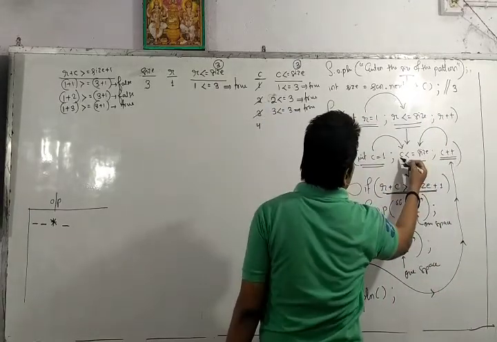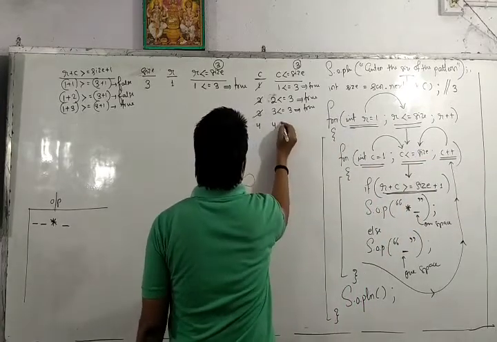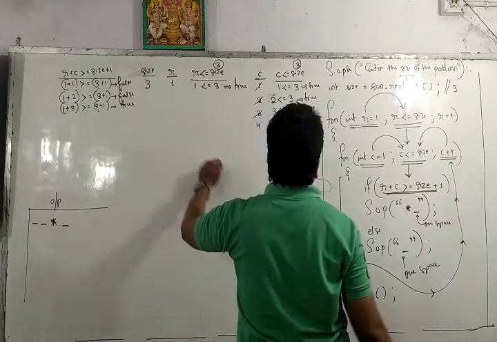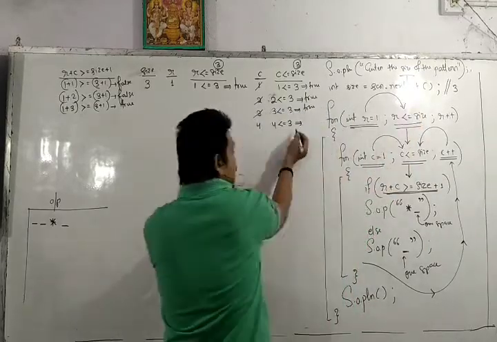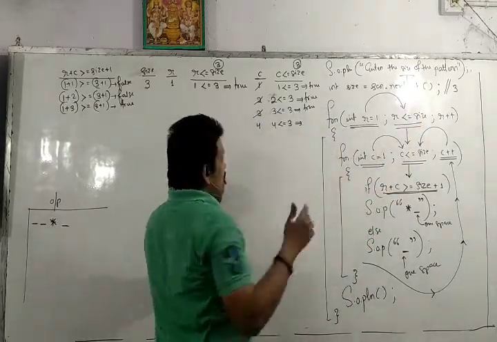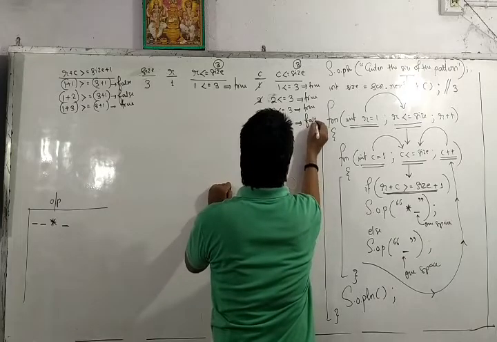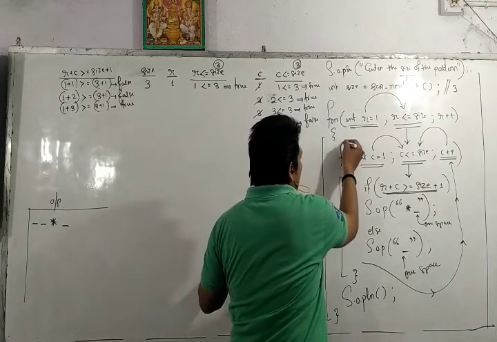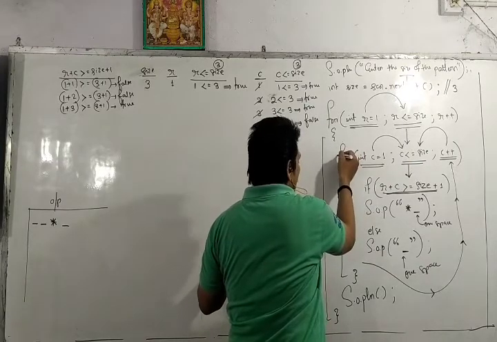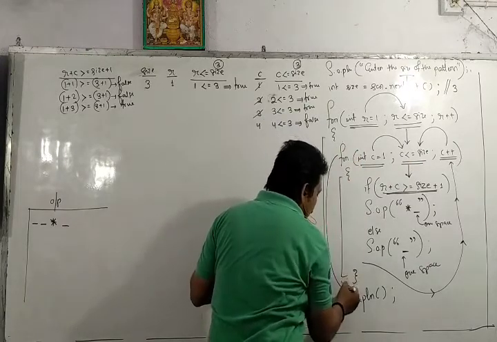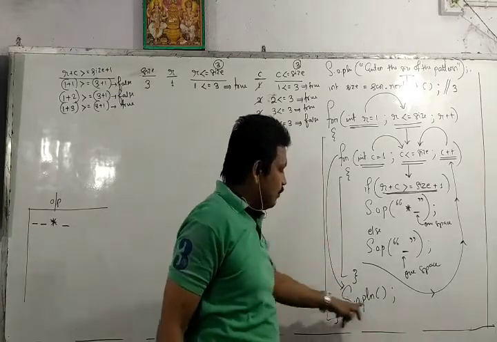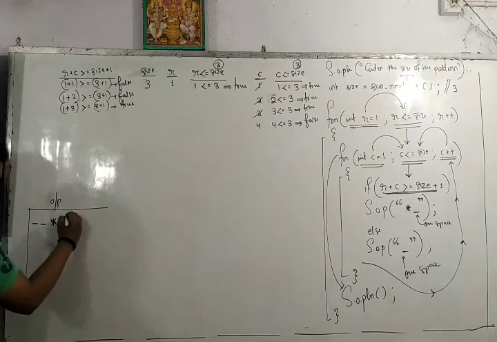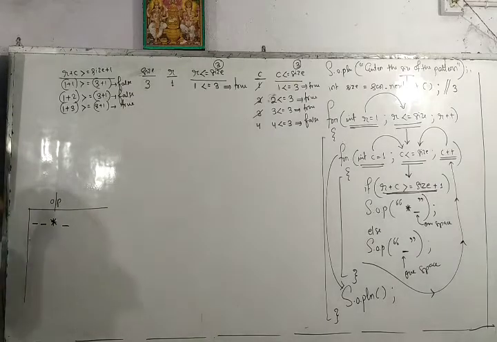And then what is written here? C less than or equal to size. Is 4 less than or equal to 3? The size is 3. So is 4 less than 3? No. 4 is equal to 3? No. If it is no, it means it is false. If it is false, the control will come out of the body of the inner for loop, and we have written System.out.println. So what will happen? The cursor will come to the next